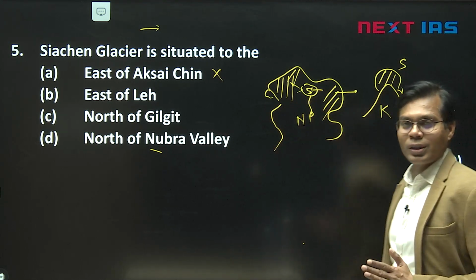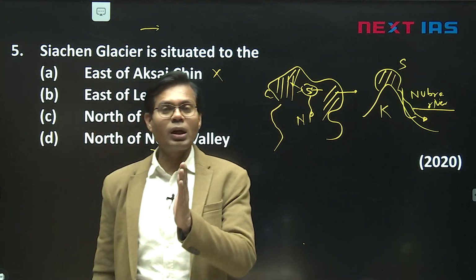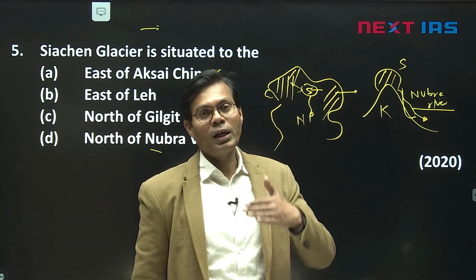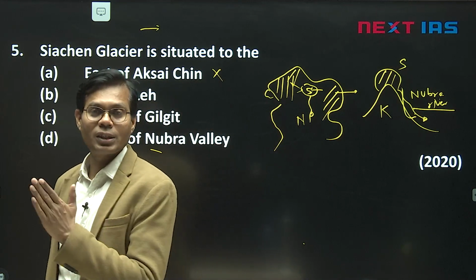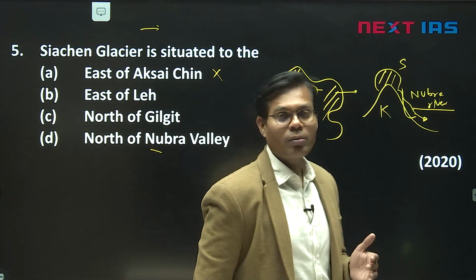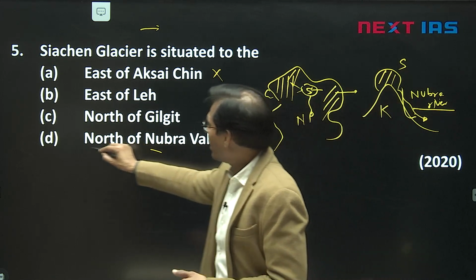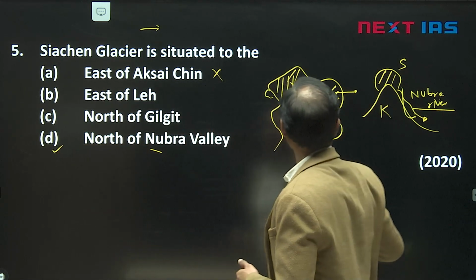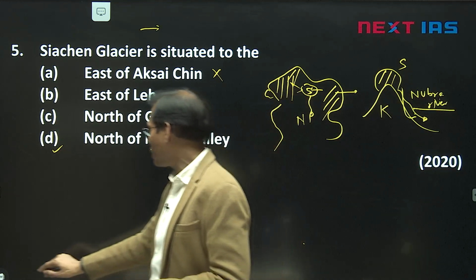And you all know that if we want to go to Siachen, we have to cross the Nubra Valley and Khardungla, the highest motorable pass, first giving access to Nubra Valley, then to Siachen. So Nubra Valley is a very important valley. Through it the Indian Army and tourists also go to Siachen Glacier. So D is the right answer here. After this question, let's see another question here.